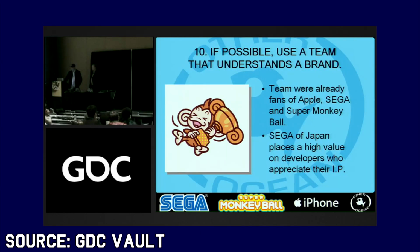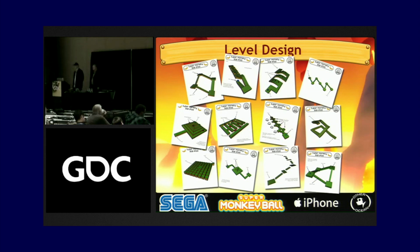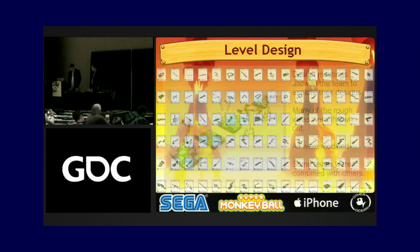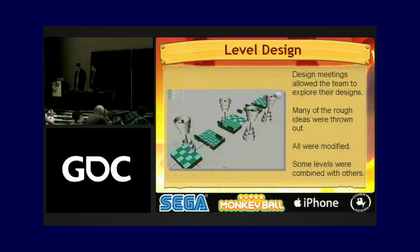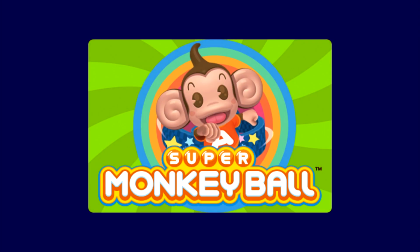As I would later explain in a GDC presentation, most of them were already fans of Monkey Ball to begin with, and took feedback from Banana Blitz when designing the game. In fact, during the development process, they modeled and tested 150 stages, culling the 40 which they most felt didn't meet the series standard. And only a few months later, the app titled Super Monkey Ball launched alongside the iPhone